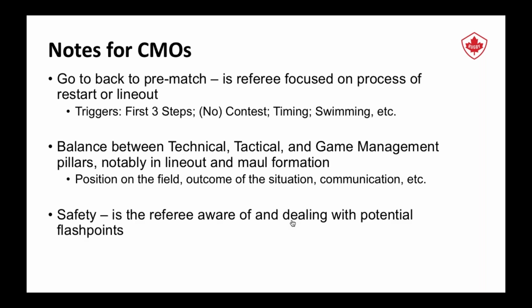Okay, and then obviously, finally, safety is always our number one priority. So wanting to make sure that referees are in good positions to see potential flashpoints, whether that's contest in the air at kickoff, whether that is contest in the air at the lineout, where we have players pulling down potentially, or actions that could put the jumper in jeopardy or in vulnerable positions. So making sure that the referee is able to position themselves to see these things. Again, with assistant referees, we can be more flexible in terms of having both sides of the lineup covered. When it comes to when we're on our own,